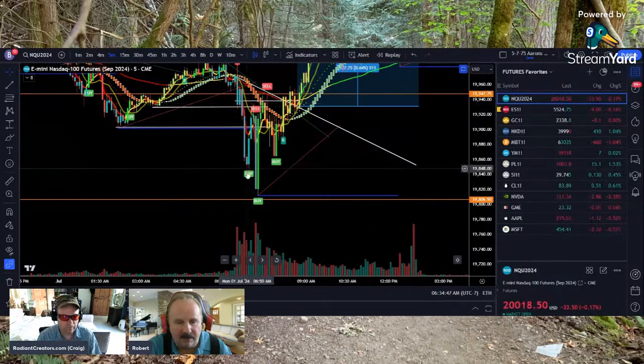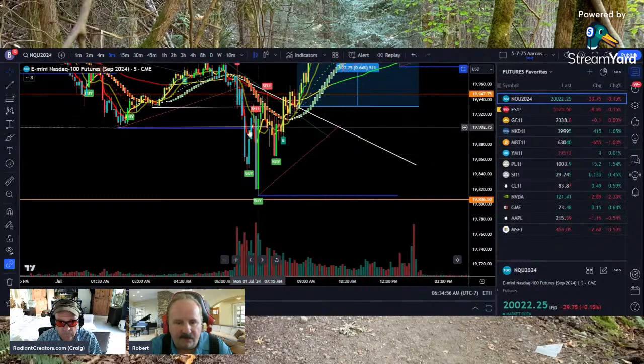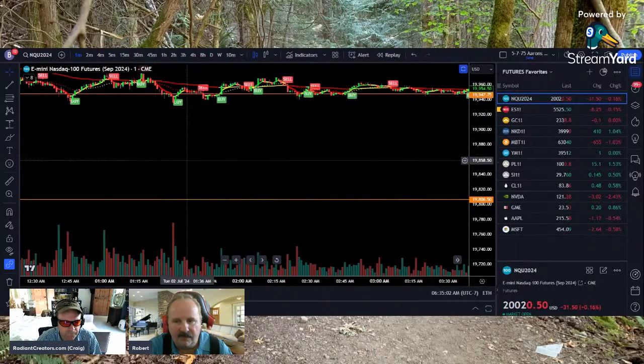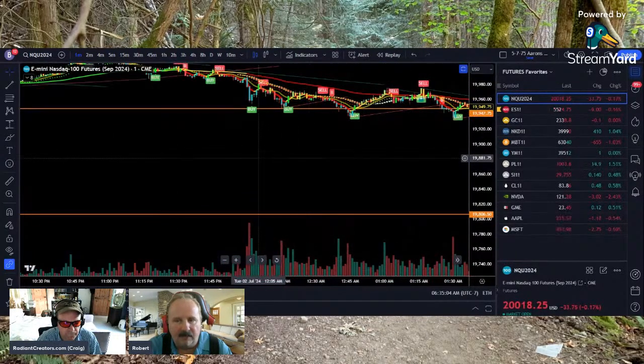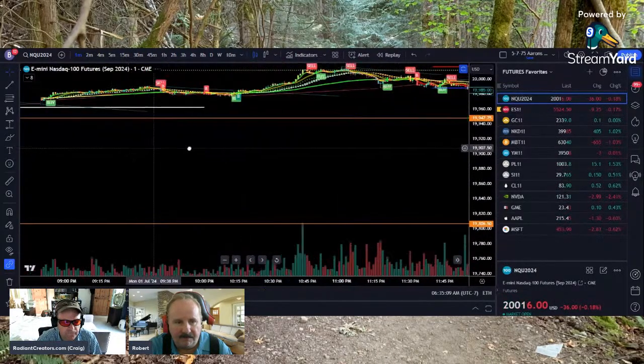I mean, really quickly, just chop chop. So anybody that got in late or stayed too long in that first little trade probably got chopped up. But yeah, I was watching on 1 minute candles. I'm looking for the 5 and 10 moving average to cross bullish. And then,